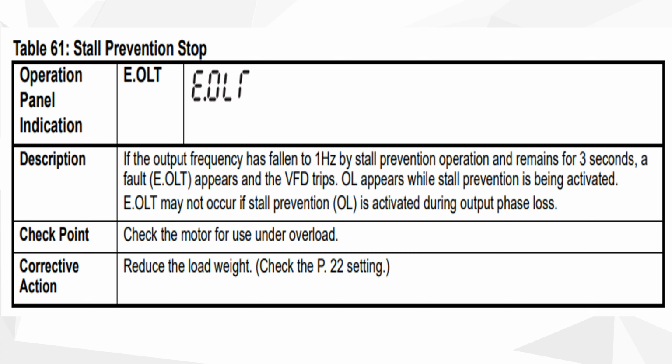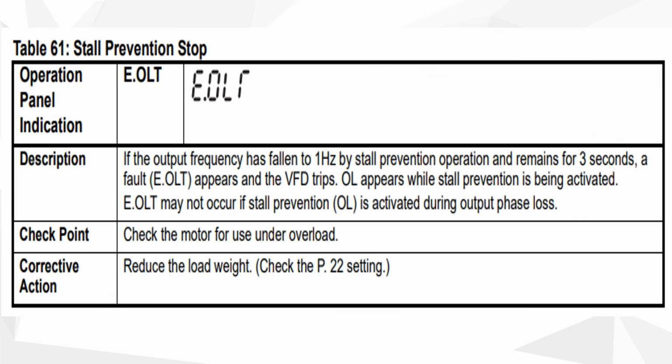सपोज दैट हमारा एक आउटपुट फेज मिसिंग है VFD से जो मोटर पे गया है, और उस केस में मोटर की फ्रीक्वेंसी और VFD की फ्रीक्वेंसी में डिफरेंस आ रहा है, उस केस में ये अलार्म एक्टिवेट नहीं होगा। उस केस में सिर्फ आउटपुट फेज लॉस का अलार्म एक्टिवेट होगा। ठीक है, तो हमें क्या करना है, हमें मोटर का जो लोड है वो रिड्यूस करना है। उसको अंडर लोड में लेके आना है, ओवरलोड में नहीं।